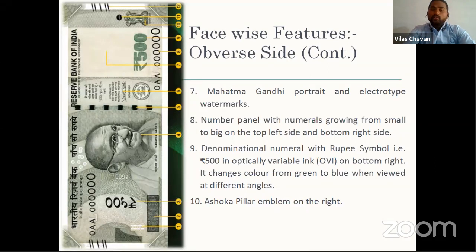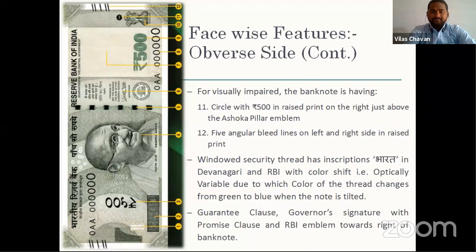Then the denominational numeral with rupee symbol, that is 500 in OVI ink on the bottom right, which changes color from green to blue when viewed at different angles. And then comes the Ashoka pillar emblem on the right side. And as with the 2000 denomination, here also some features are introduced for visually impaired persons. So here